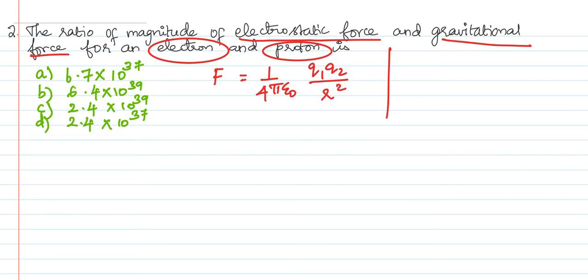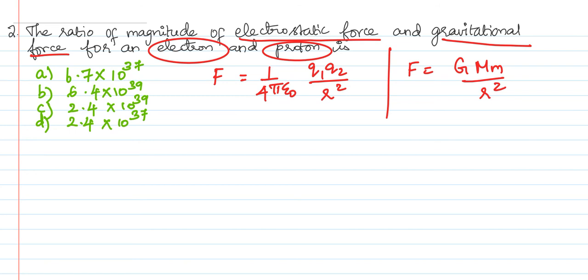Okay, what about another formula, the gravitational force formula? You remember the formula what you have studied from 9th standard as well as in the 11th standard, Newton's law of gravitation. That formula only we are going to use over here. So what is that formula? F is equal to G into m1 m2 by r square. So now the problem is I need to differentiate, no, because the question given is what, ratio. So when I'm doing the dividing work and all, I need to understand which F I'm taking.